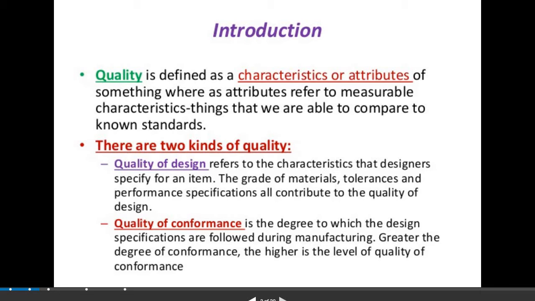Quality of design refers to the characteristics that designers specify for an item. The grade of materials, tolerances, and performance specifications all contribute to the quality of design. But the quality of conformance is the degree to which the design specifications are followed during manufacturing. So the greater the degree of conformance, the higher is the level of quality of conformance.